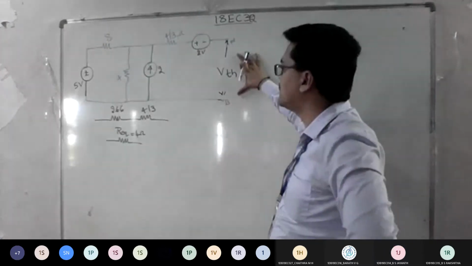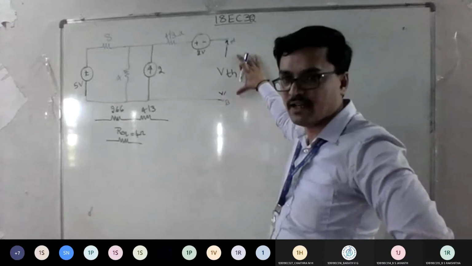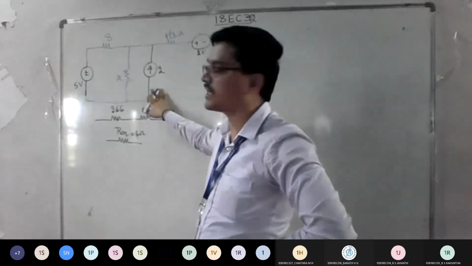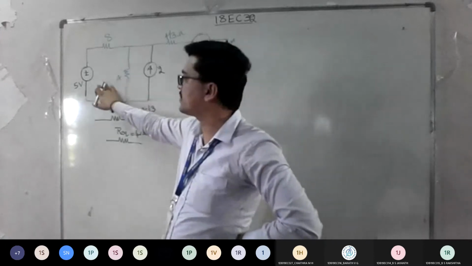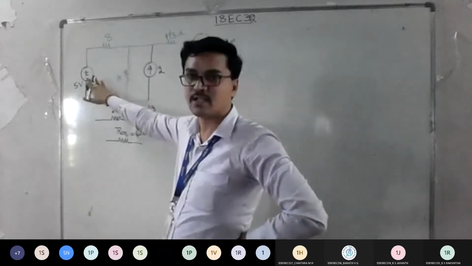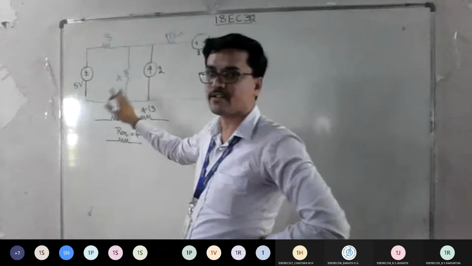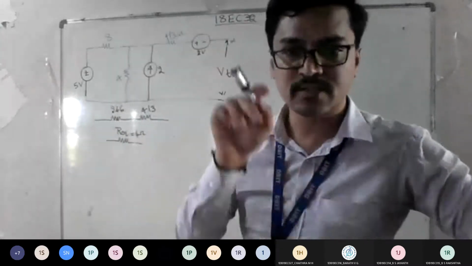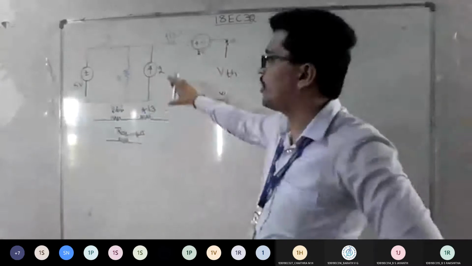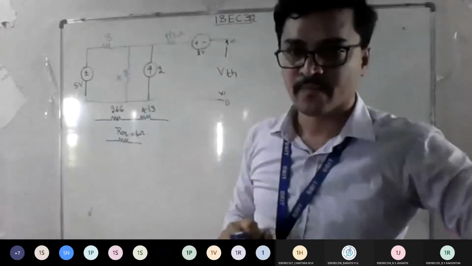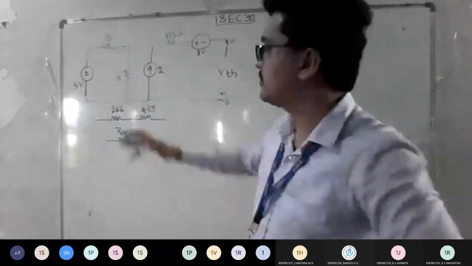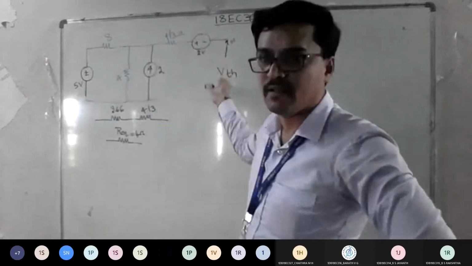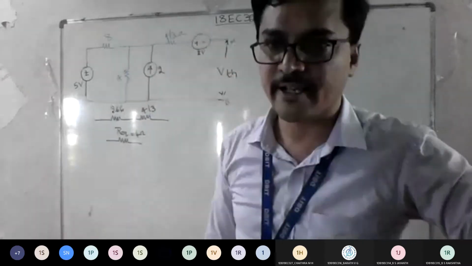Listen carefully. See, the ultimate goal is to find this VTH. Correct? Now look at this. There is a voltage source and there is a current source. If you are able to convert this practical voltage source to a current source, then 2 current sources become 1 current source and 1 resistor. If you apply source transformation, you get only 1 voltage and 1 resistor. From that voltage, whatever answer you got, if we subtract this 2 volt, that itself is my VTH. Agree?